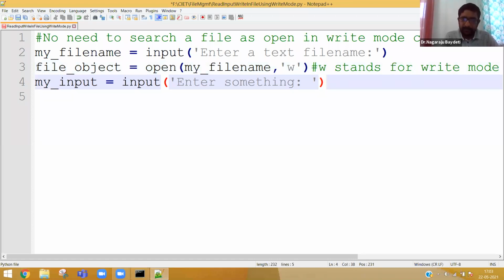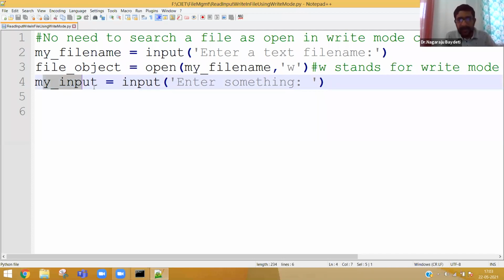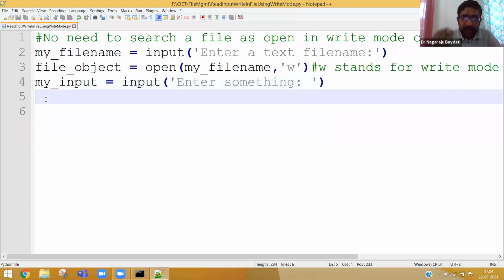You enter a number, you enter a string, you enter a floating point number, you enter comma, full stop, anything. Now, what is my_input? My_input basically is a string because the input method reads a string. So that particular string I am storing in my_input. This my_input has to be written in the file. Has to be written in the file.